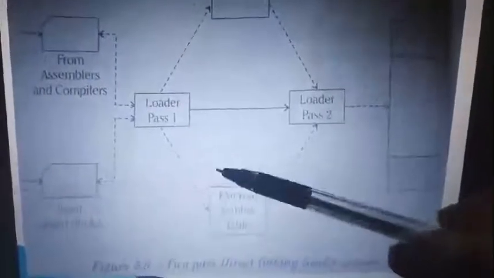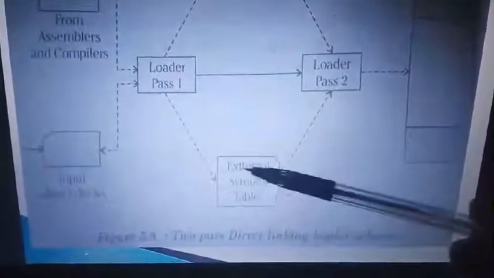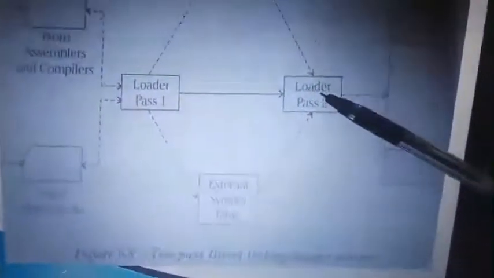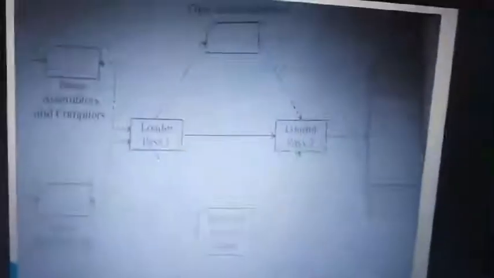So you have the assembler or a compiler; it will compile and pass to the loader. What does the loader need to do? It needs to load every segment, and for all the segments' external symbols, those load addresses will be copied into a table. After that, both your object program and the table are given to loader pass 1 and pass 2, and it will be loaded. So this is the design of the 2-pass direct linking algorithm. Normally the question asks us to explain the 2-pass algorithm of a loader.